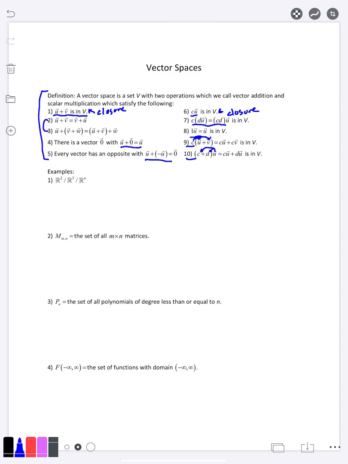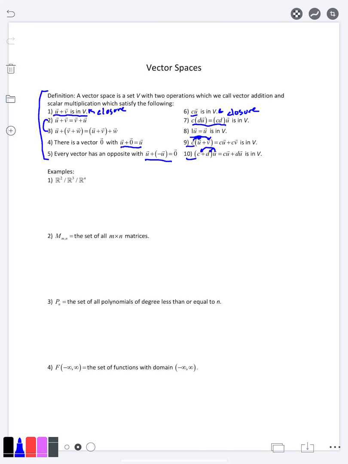For example, if I told you to multiply matrices, you'd remember that's not commutative, so we wouldn't want to use that here. But regardless, these are just the properties that we've decided that we need in order to be called a vector space. So once we have these properties, let's talk about some examples of things that are in fact